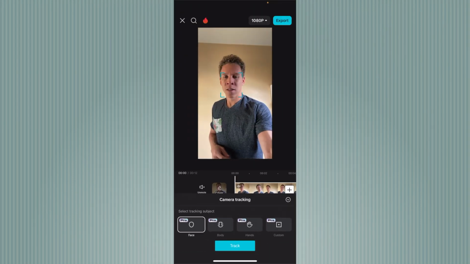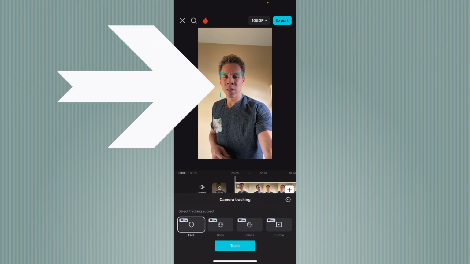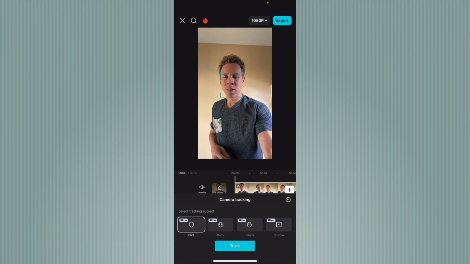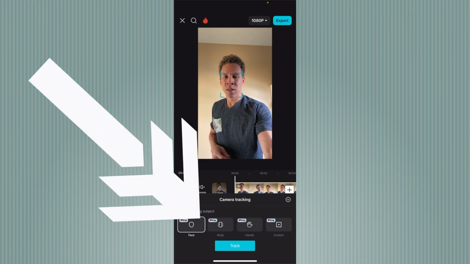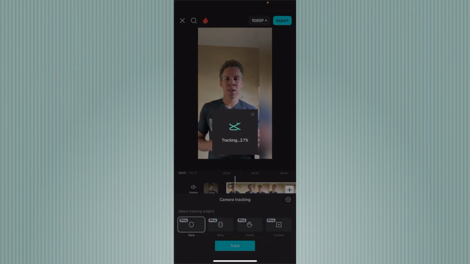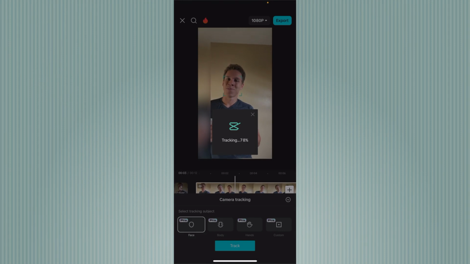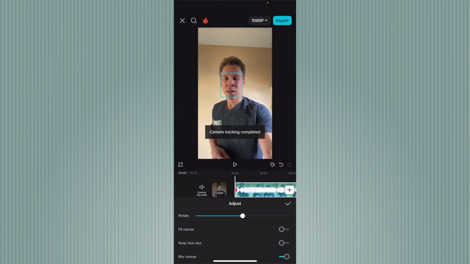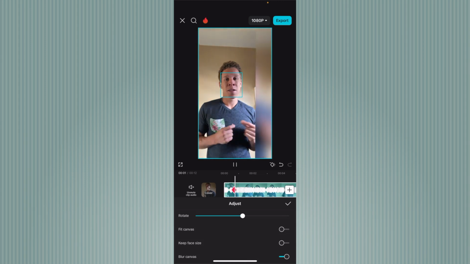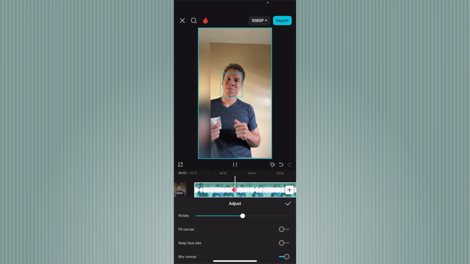And as you can see, if we look at the video itself, there is a blue box around my face. That is CapCut's AI saying, all right, this is what we believe the face that we're going to be tracking is going to be. So that is what we want to follow. So if we already have everything that looks right, we're just gonna want to press track. So if we press track, then we see that in the background, the AI is working. Now from here, if we just press play, we see that yes, our face stays in the middle of the